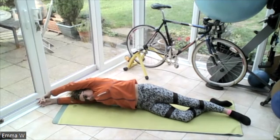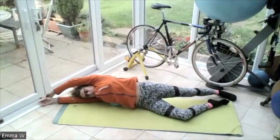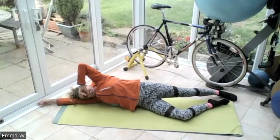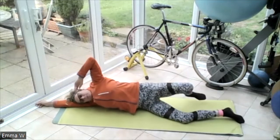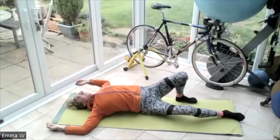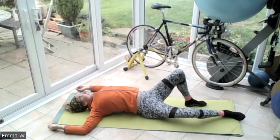Lengthening. And then you can just rock a bit forwards and backwards just to get a bit more stretch. And then bring that left leg up, bring that right knee, and then move yourself over that ball, back onto your back, breathing in. And out,